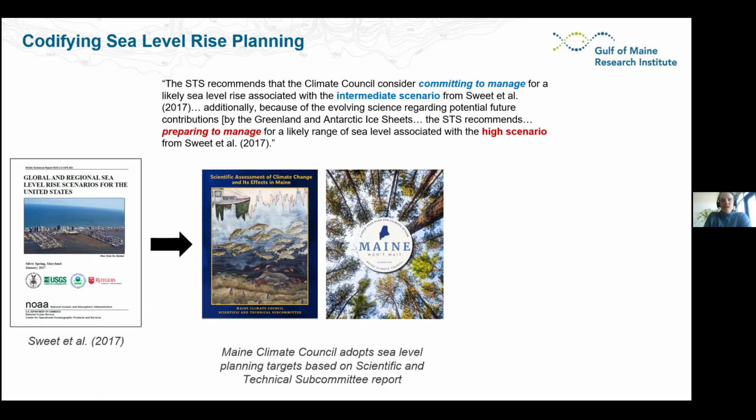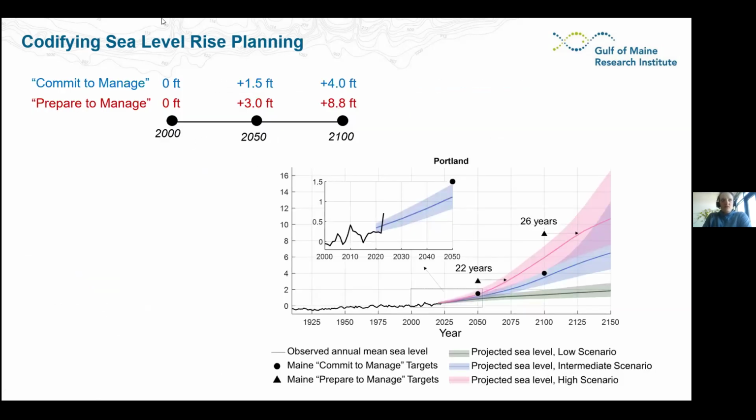2017. So in practice, what this looked like was having these commit and prepare to manage scenarios relative to 2000 sea level: 1.5 feet or 3 feet in 2050, and 4 or 8.8 feet in 2100. And so to give you a sense for what that looks like relative to the updated 2022 scenarios from the